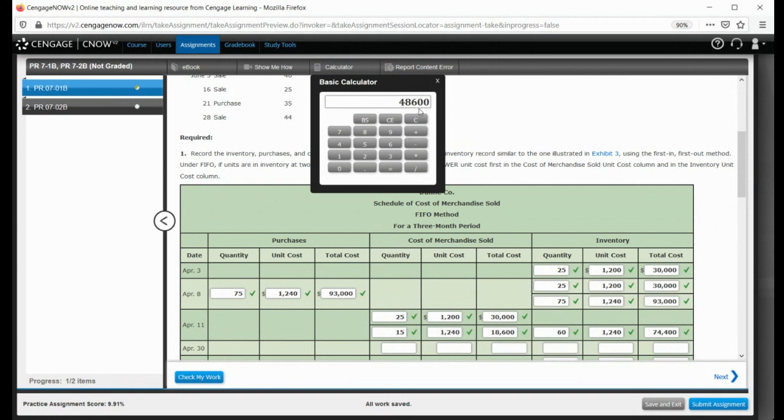Our cost of merchandise sold would be debited for 48,600, and our merchandise inventory would be credited for